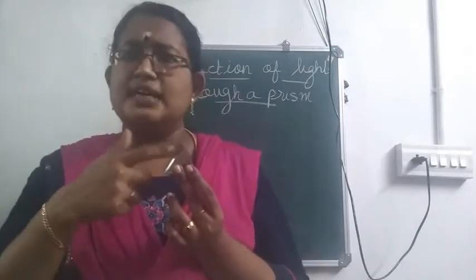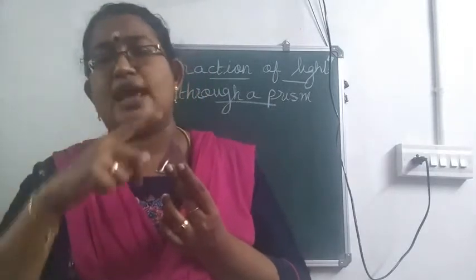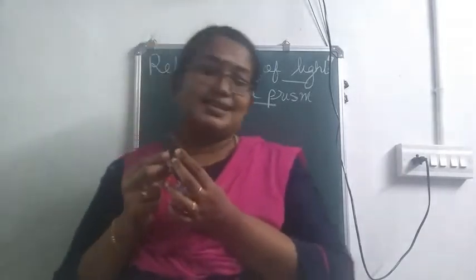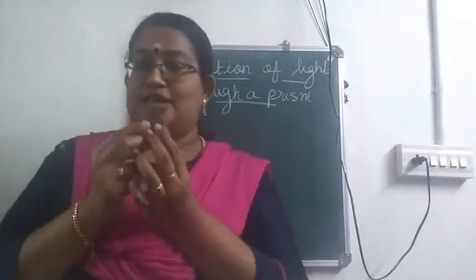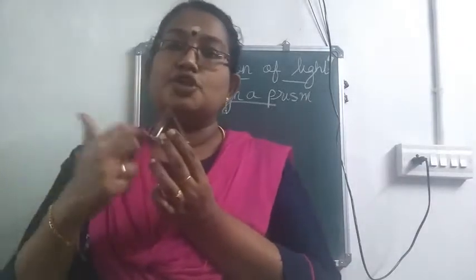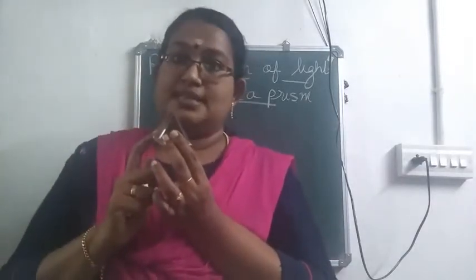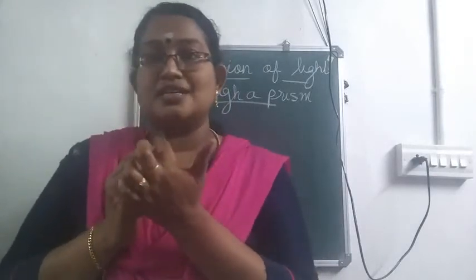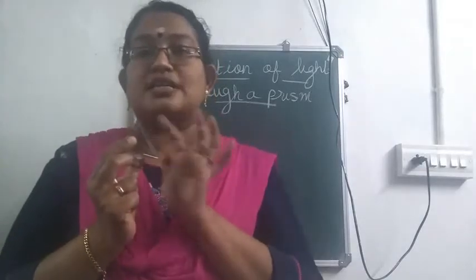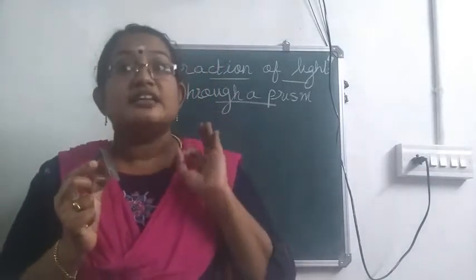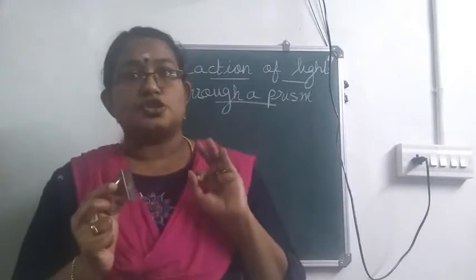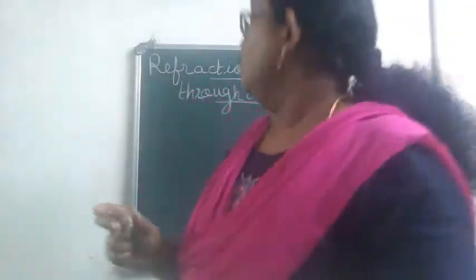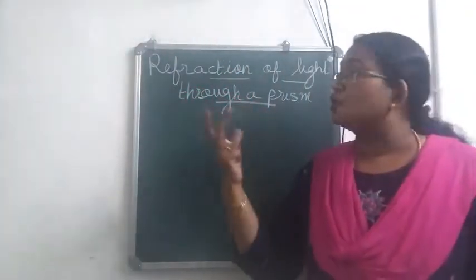And when we consider the cross section, we'll consider the triangular cross section. And in this, can you tell me which are the refracting surfaces? We will keep the prism like this and the 2 rectangular surfaces are considered as the refracting surfaces. Okay. So this is the angle of the prism and these 2 surfaces can be considered as the refracting surfaces. So is it clear about a prism? Okay. Now we will move to refraction of light through this prism.